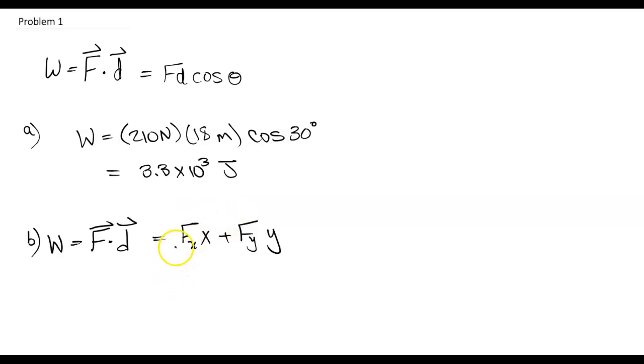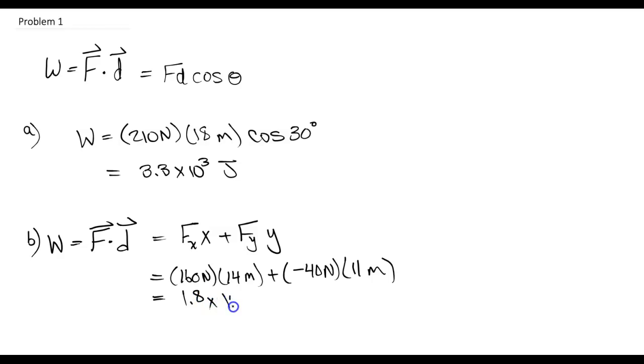And since we're given the components of the distance and the force in the problem, we can say this is 160 newtons. The x component is 14 meters, that's the I part, plus a negative 40 newtons times a positive 11 meters. And notice that we have a Newton meter, which is a joule. That's the unit. And if we do these and add them up, we get 1.8 times 10 to the third